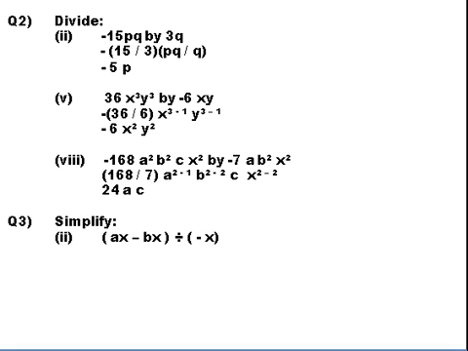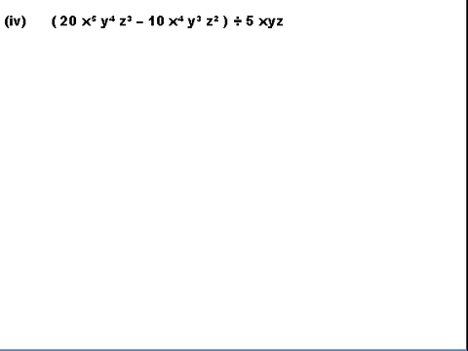What happens in this case? Each term of the binomial, or we can say each term of the expression, will be divided by the divisor, because divisor is a single term. So I am rewriting it as ax divided by minus x. The sign of the expression is taken again, the second term, minus bx will be divided by minus x. So ax divided by minus x, the result will be minus a, minus bx divided by minus x will be minus b. Now once we are going to open the bracket, it will become minus into minus, that is plus. So the result will be minus a plus b. So that becomes our final answer.